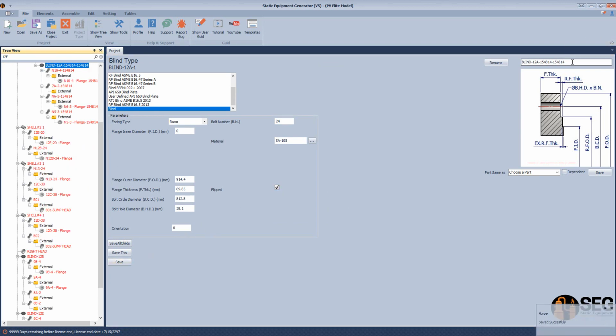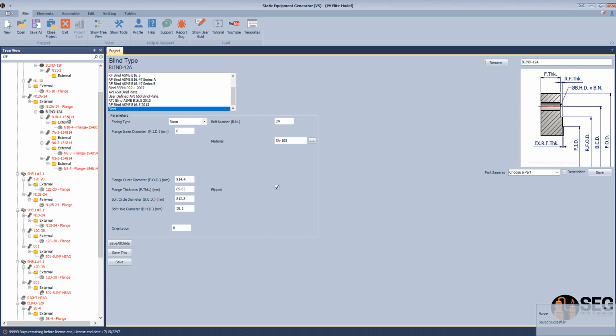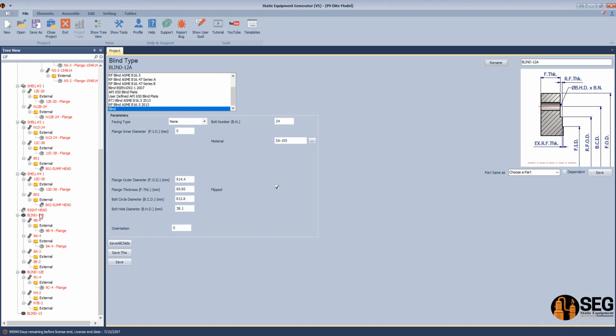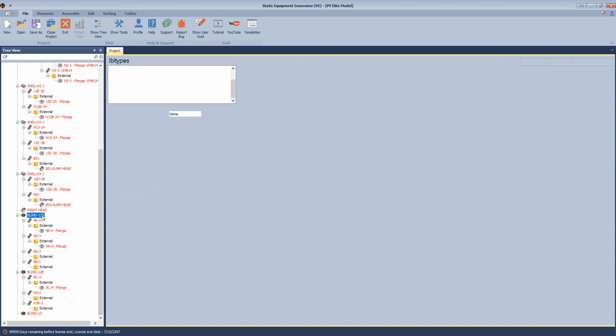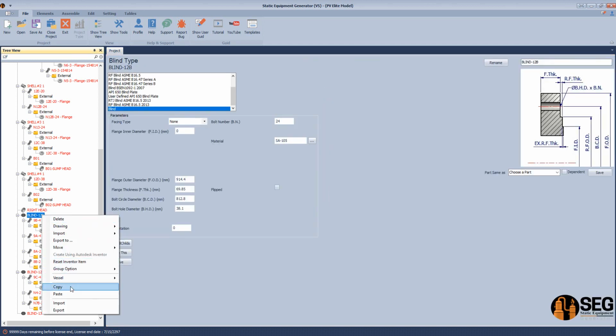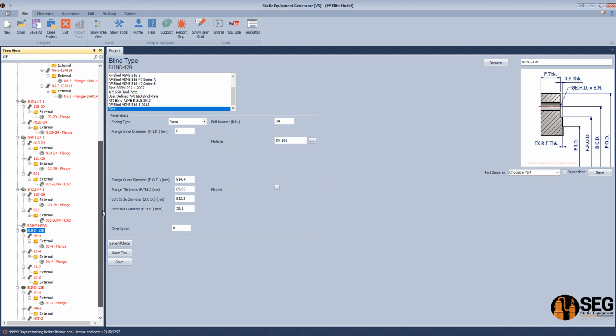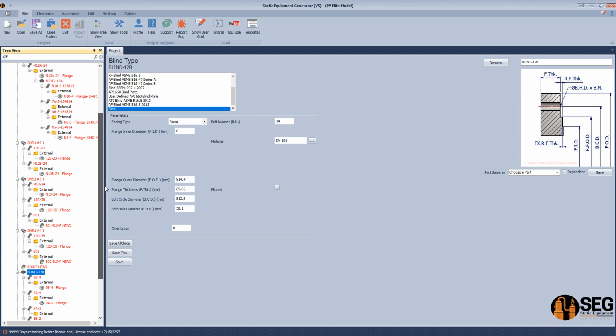And now let's make a rename for it like that. And if you would like to make a rename for all nodes of this one, you can do that. Now let's take another blind, which is 12B. So let's take a copy from 12B and come up here to find 12P